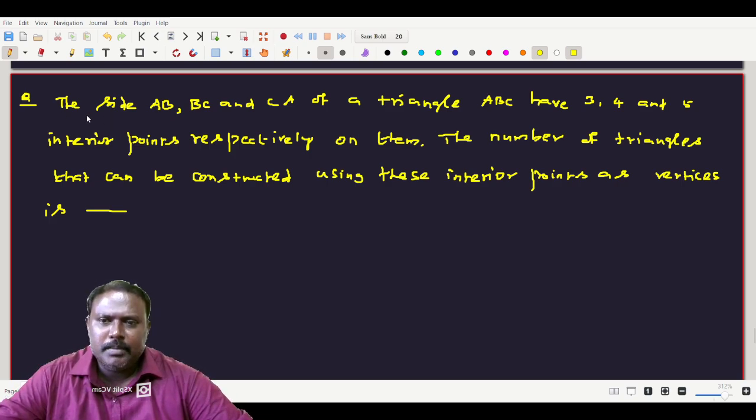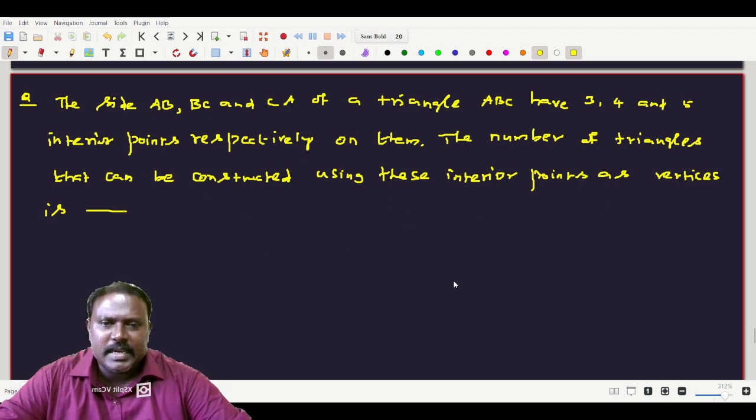The problem says that the sides AB, BC and CA of a triangle ABC have 3, 4, and 5 interior points respectively on them. The number of triangles that can be constructed using these interior points as vertices is,